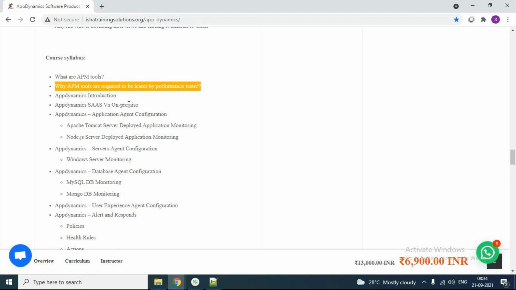Based on your need, you can purchase your license and make use of it, which means you procure the agent for whichever technology the application is made of. That is the concept of the AppDynamics APM tool.